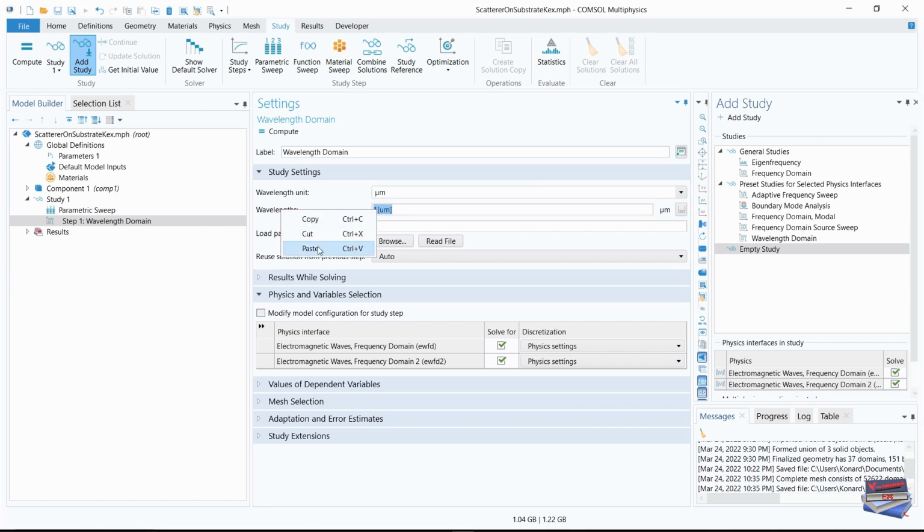Let's add something from our parametric setup, our parameters, global parameters, and let's clear. We need to remember we have two physics, so we need to clear one. Because this is the first one, we need to clear the second one, so you have to be careful. So electromagnetic waves frequency domain 2, this is the one that we need to clear. Okay,